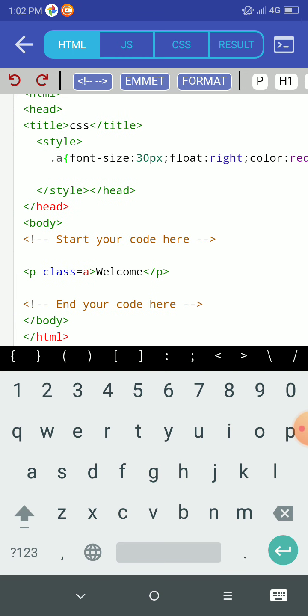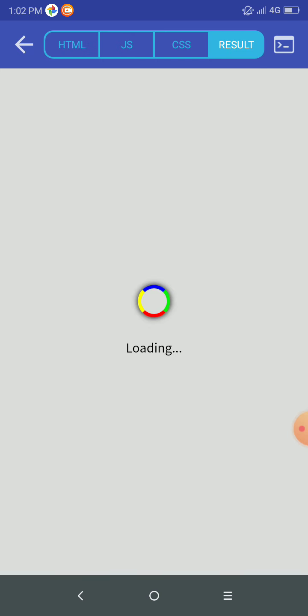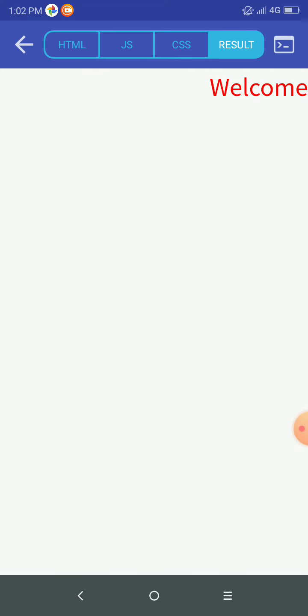And after that we have used the class selector in the class A, then welcome. Now see the result, it appears with welcome in red color.